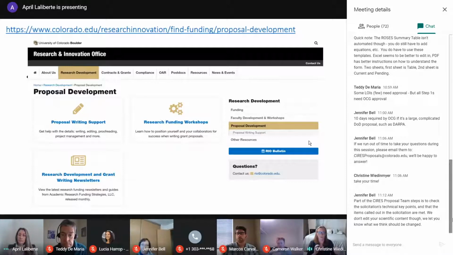And then there's also the research development and grant writing newsletters, which provide a whole host of really interesting advice. There are also emails that they send out regularly with all of the calls across multiple governmental funding agencies, and actually non-governmental as well. If you're not already getting those emails and you're interested to know what calls are coming up, I suggest you sign up for that newsletter. It's really, really great. And then there are also research funding workshops. They do a lot of workshops to help people. They want us all to be successful writing proposals.